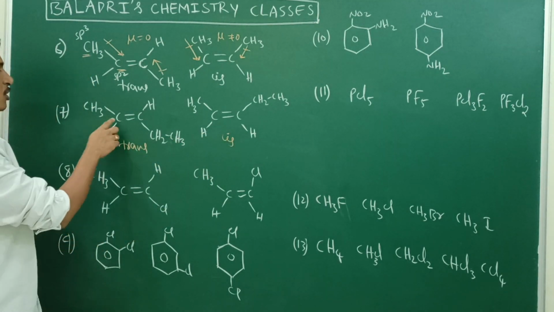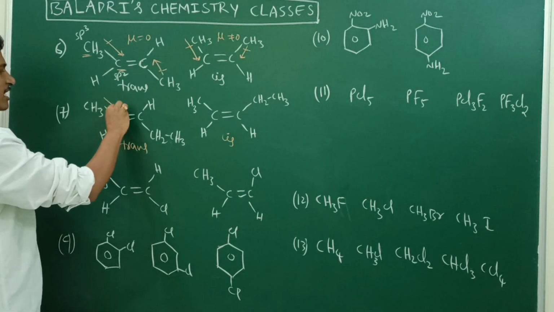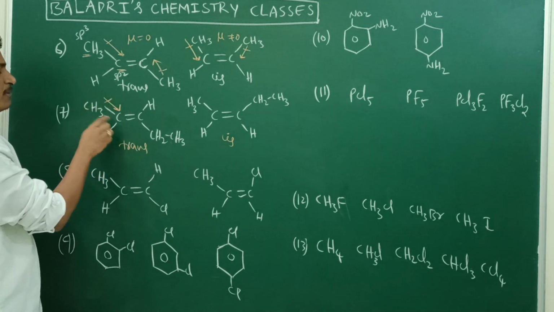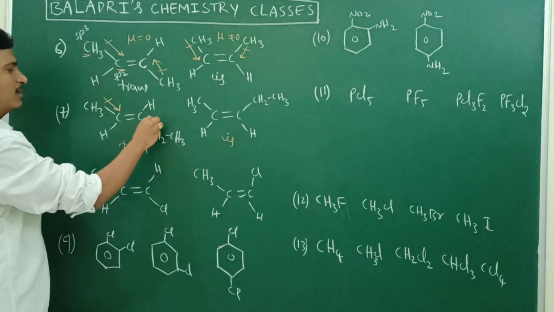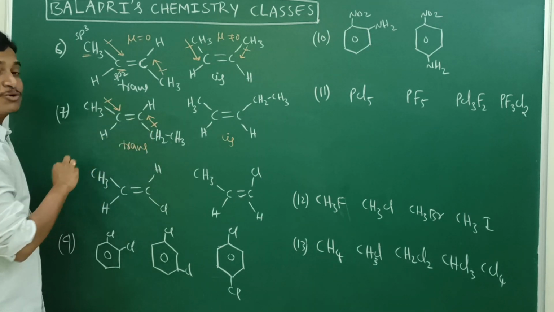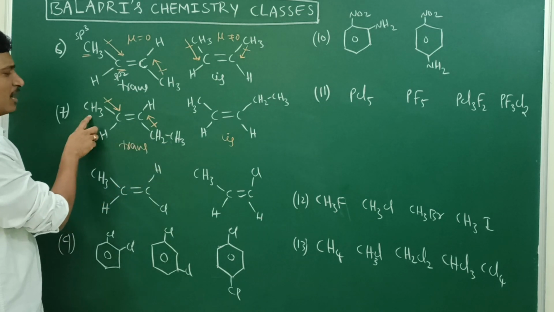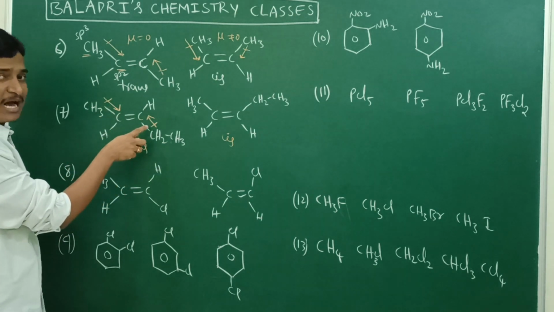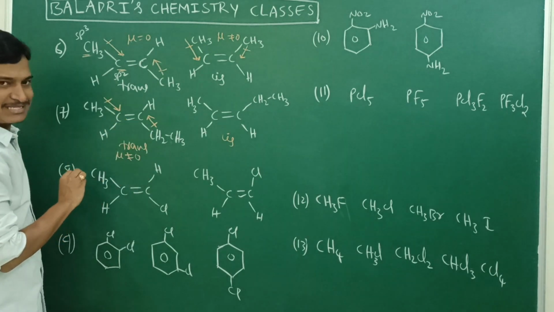Okay, now see the board here. Between this CH3 and this carbon, which is more electronegative? The sp2 carbon is more electronegative, so the dipole moment vector will be towards this carbon, and this vector will be towards this sp2 carbon. Both are opposite but not equal. These two vectors are not equal because it is an ethyl group, and this is a methyl group. So both vectors are in opposite directions but not equal. That's why this trans compound's dipole moment is not equal to 0, but it will be less.